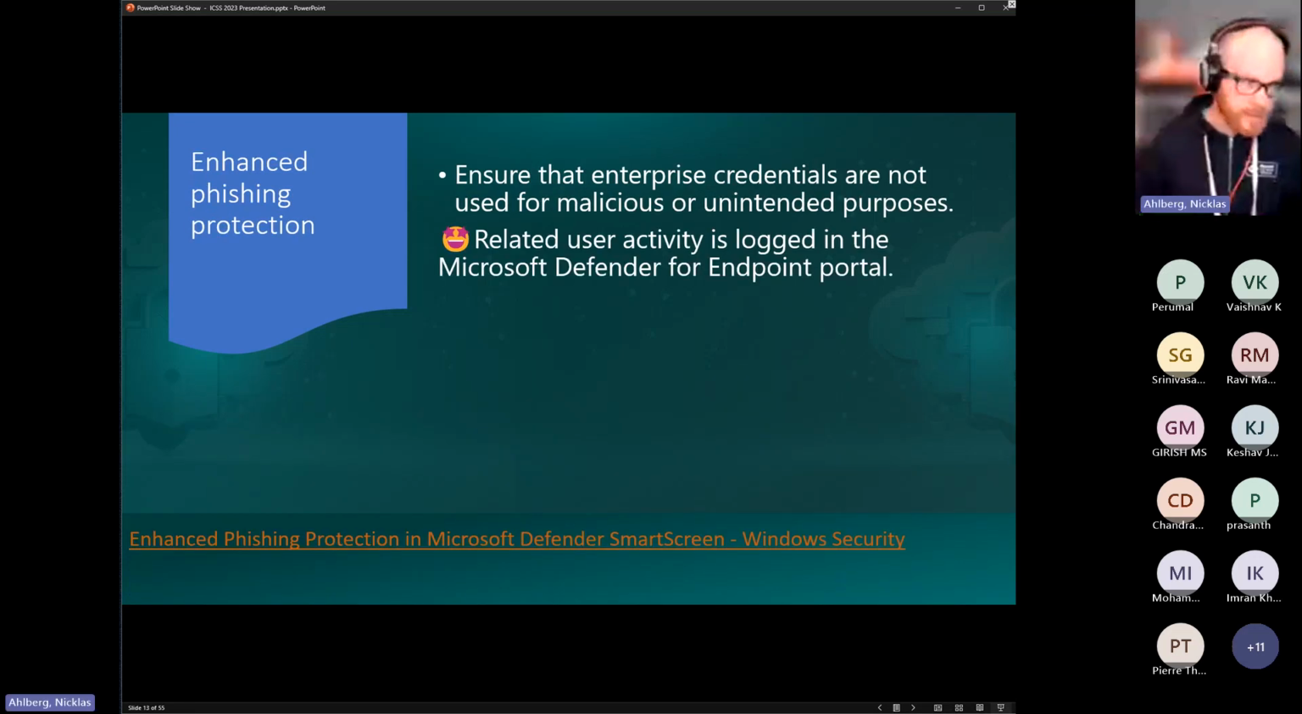Enhanced phishing protection. This is pretty cool. If you haven't checked it out already, definitely do so, because with this we can help our users work correctly. Putting passwords within a Notepad, that's kind of a thing, right? Or within any Office application or even Edge. But now we can actually help our users